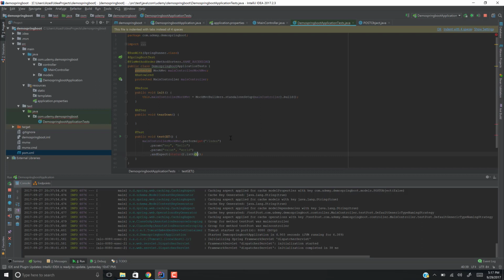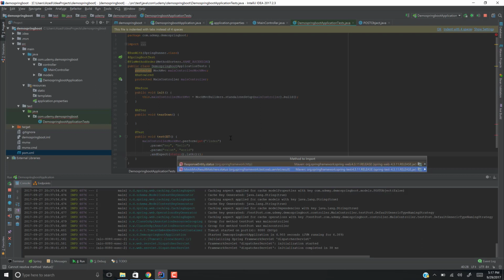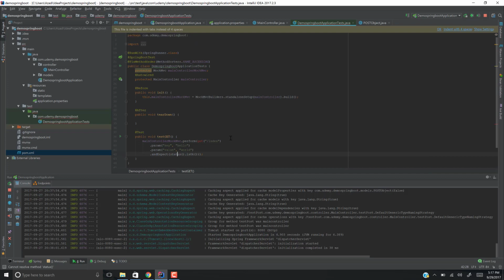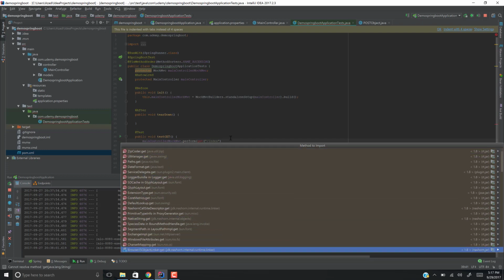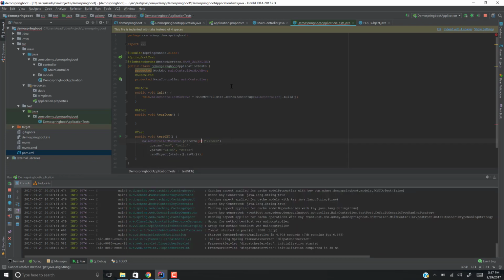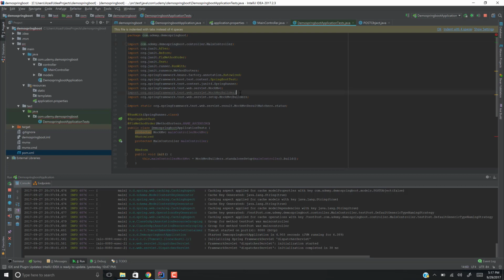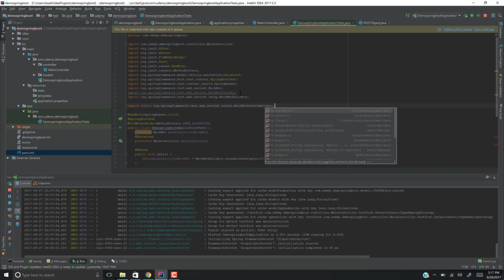I'm just going to leave that for now and go down to the status because there's too many options there. And now we see mock MVC result matchers.status. That's probably what we're looking for. So we go to this and we come back to get now. It should intelligently, but it doesn't, go to the mock MVC matchers. So one option we have is we can go down this whole list and find it, or we can assume that it's probably in the same container and look for the matchers that we added in here at the top,